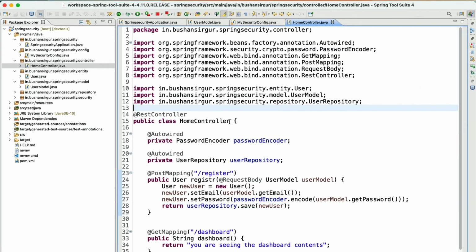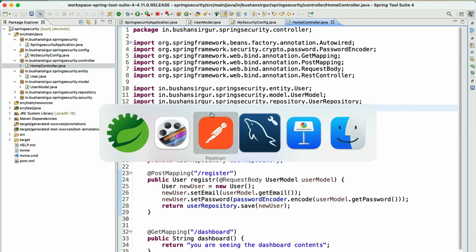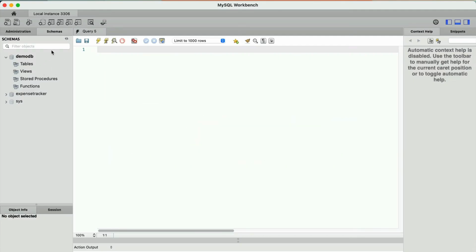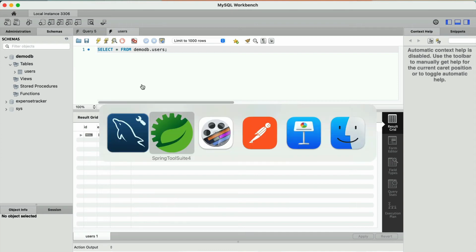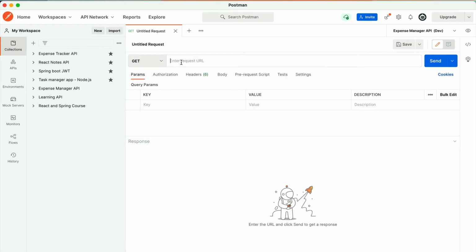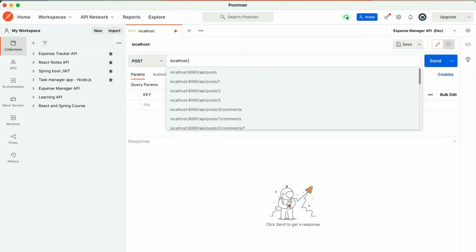and we need to test the API. First of all, let's go to the database. Let me refresh this. Inside the users table, we do not have any records. I have deleted the earlier records. Now let's go back to the Postman and let's change this to post localhost